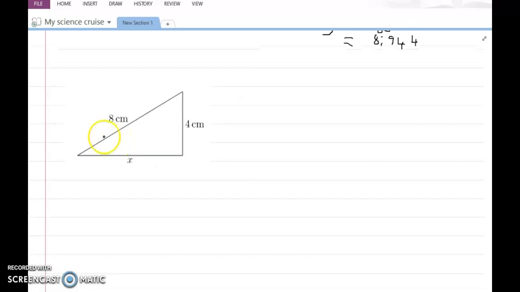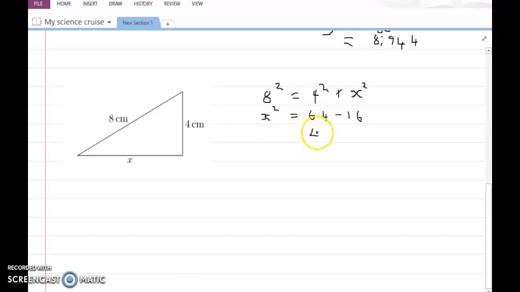Let us move on to our number 2. This is the hypotenuse, which is 8 centimeters. So we'll say 8 squared is equal to 4 squared plus x squared, which means x squared will be 8 squared minus 4 squared, which is 64 minus 16. X squared is equal to 48. To find the value of x, we'll then find the square root of 48. X is equal to root of 48,